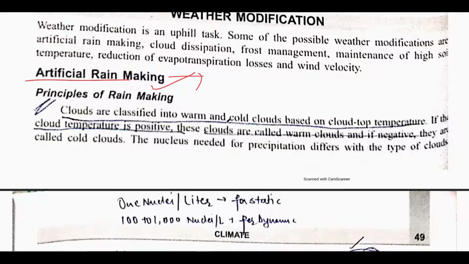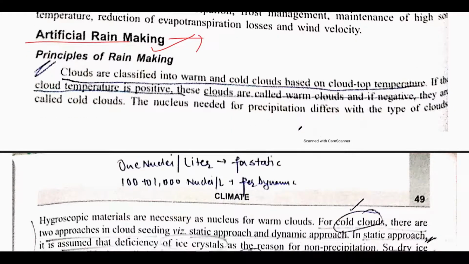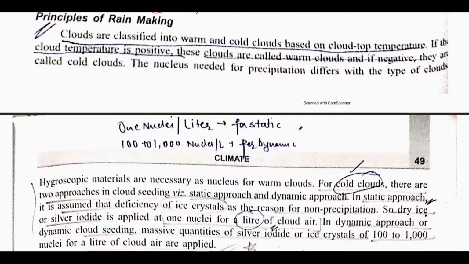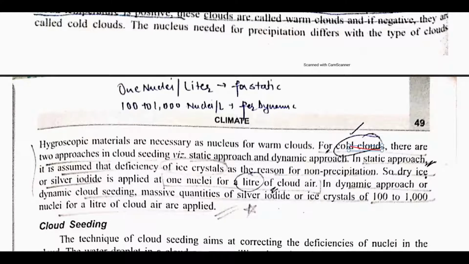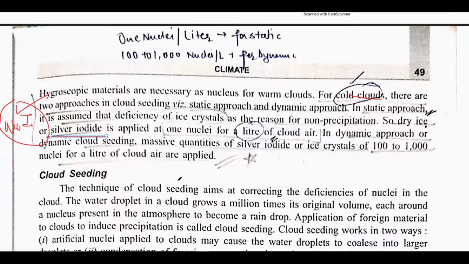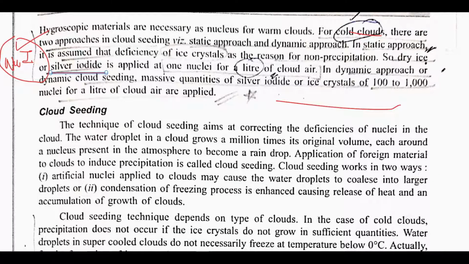The important thing is warm seeding and cold seeding. See, when the temperature of the cloud is warmer, it is said to be warm clouds, and when it is cold, it is known as cold clouds. It is as simple as that. Now for cold seeding or for cold clouds, these are basically silver iodide, that is AgI, and dry ice. These two are being used, while for warm clouds NaCl is being used. This is important that about 100 to 1000 nuclei per liter is required.